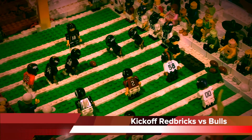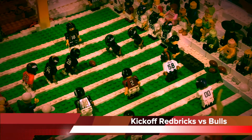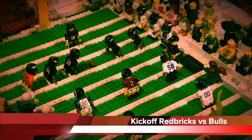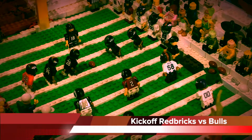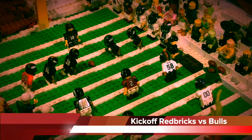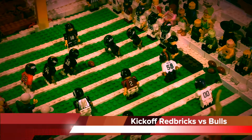And we're starting off with the San Jose City NFL kickoff for today for the start of the preseason game in the beautiful San Jose City Mount Isa Stadium. Today we have the San Jose City Redbricks kicking off to the Kansas City Bulls. Let's see who gets this one, how many yards so far, and here goes the kick. And it looks absolutely awesome, making it 20 yards with the first kick right there for the Kansas City Bulls